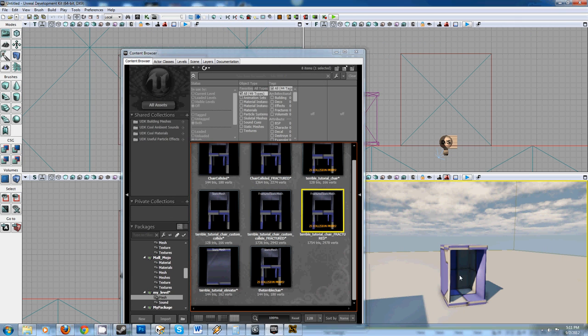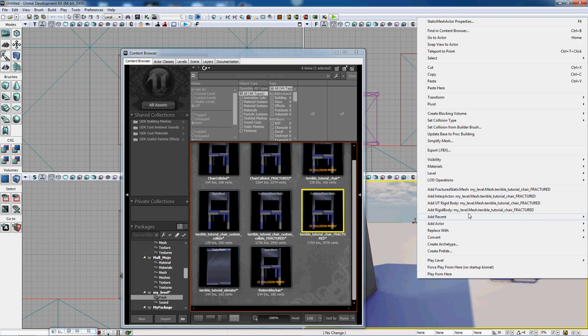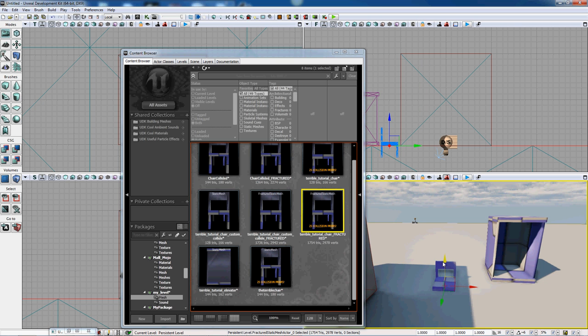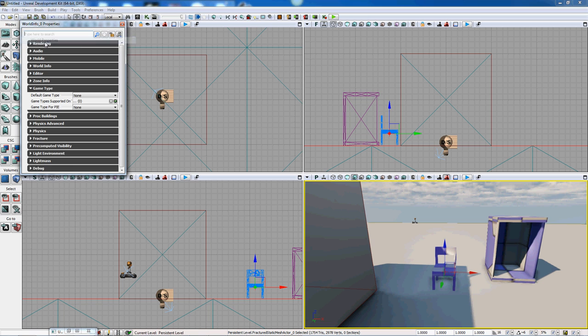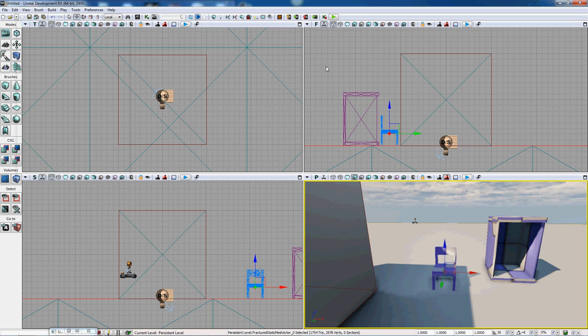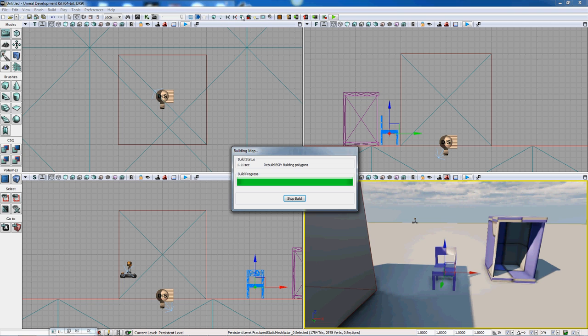Move this out while it's waiting. Let's move this in here. I'm going to move it up on the Z-axis, and I'm going to hit the End key to bring it to the floor. Going to close. Let's go into World Properties, View World Properties. Make sure that the default game type is UT Deathmatch, just for kicks, because it'll arm you with a weapon. I'm going to rebuild all, and while that's rebuilding, again, because I added that,